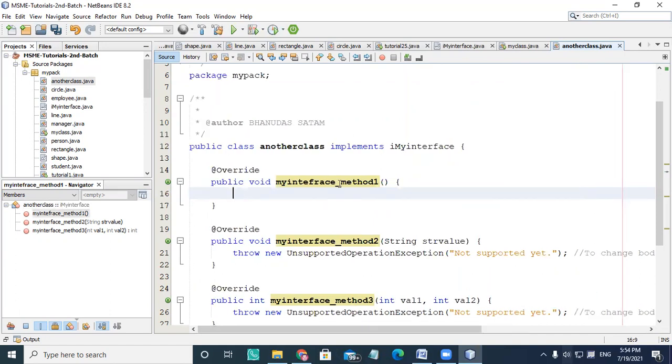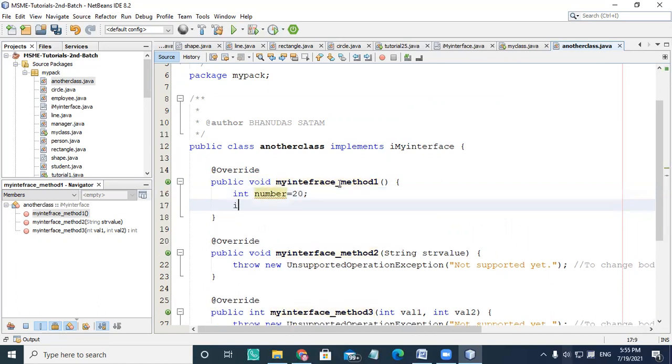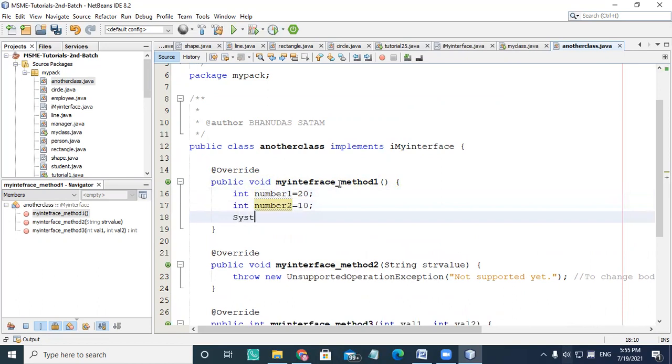So I'm just writing some division here. I'm declaring number 1 equal to 20, and number 2 equal to, suppose, 10, and then I'm going to print System.out.println with the division of these numbers, number 1 divided by number 2.